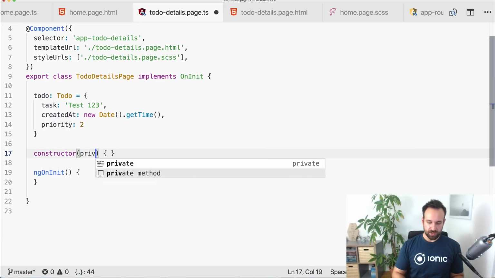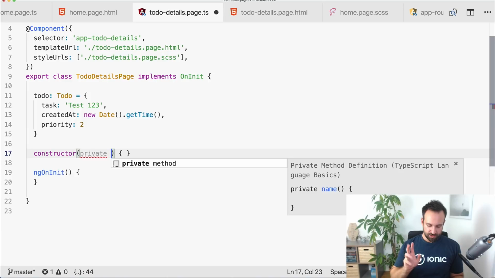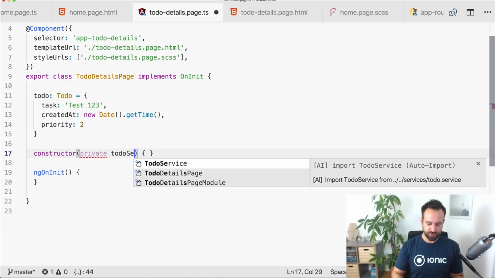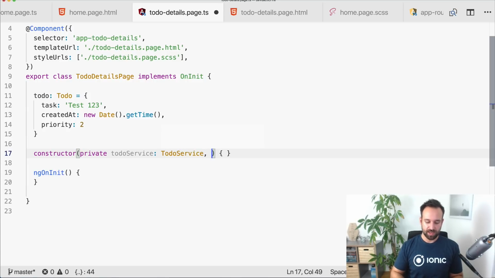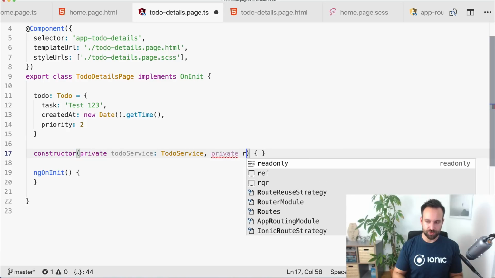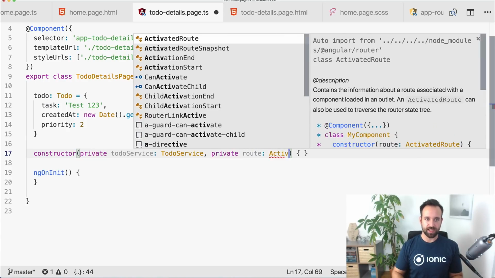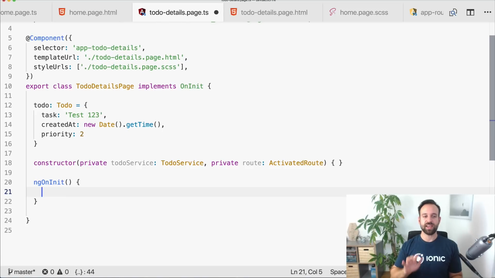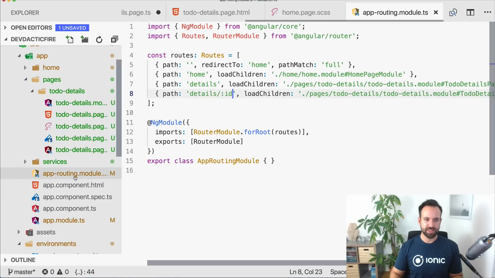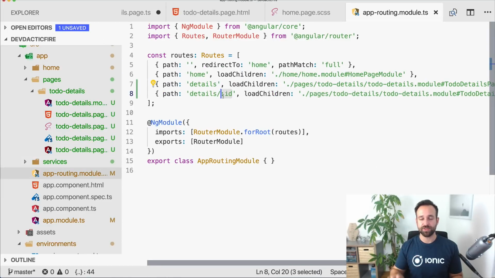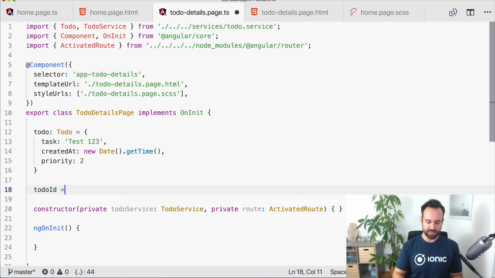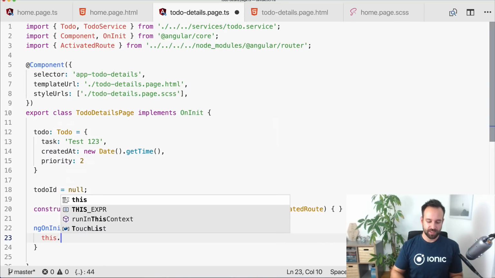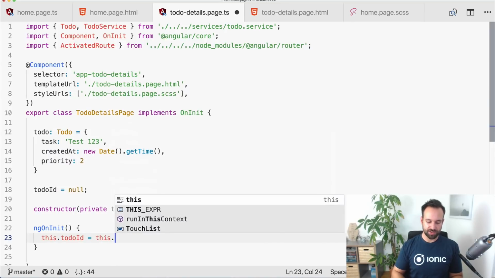Anyway, we of course also need our, what was the name? ToDo Service, exactly. Import is fine. And now we're gonna use the router. So this is the activated route, and in the ngOnInit, we can now load the parameters we have specified here and passed through the other page. And how to do this? Good question. So let's say toDoId is null in the beginning, and then we set our toDoId to this